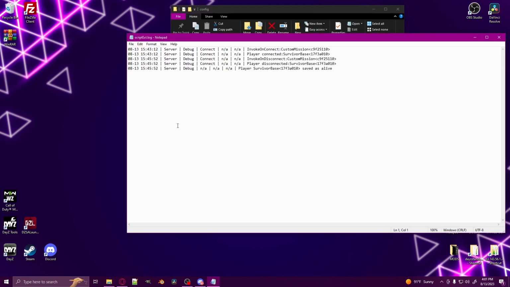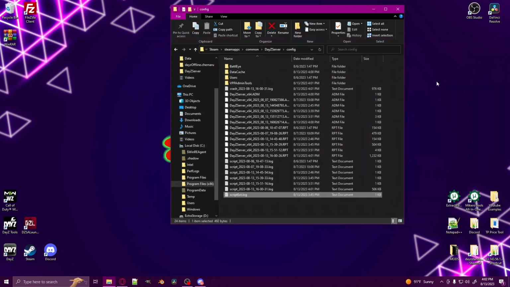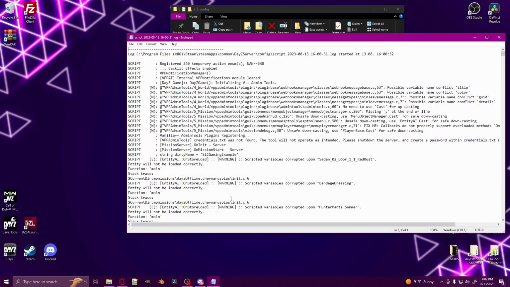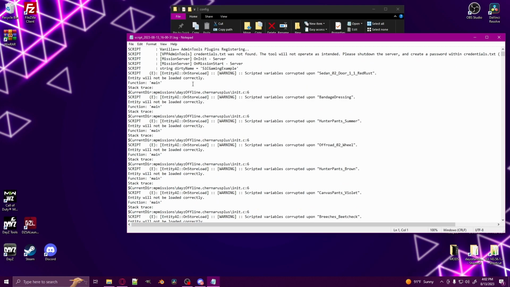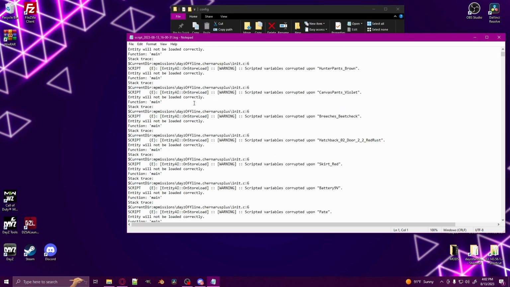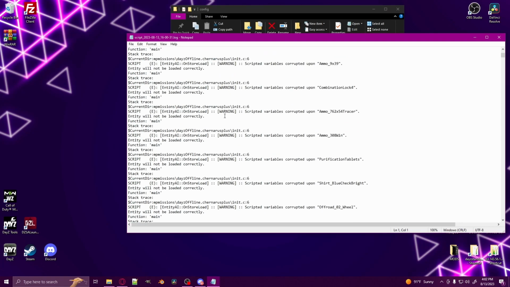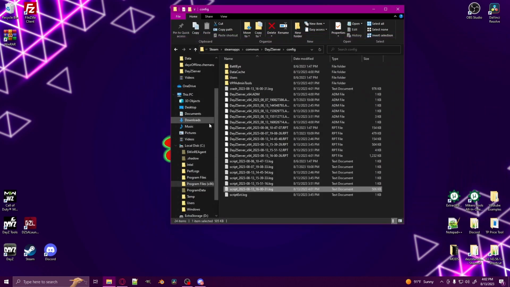If you double click on one of these, it'll let you know what's going on in that particular log. This particular log will show you each of the scripts as they load. Scripted variables corrupted upon entry will not be loaded correctly. We're getting ready to run through the configuration of Vanilla++, so I'm not concerned with any script errors in VPP